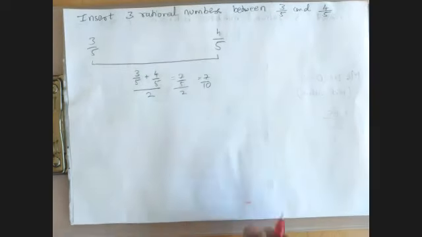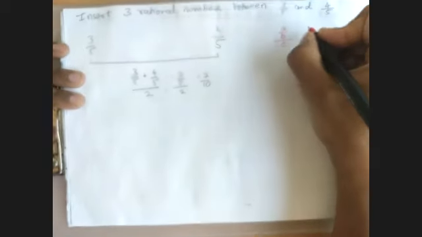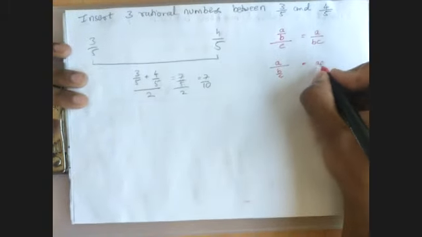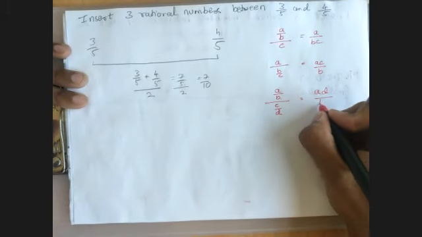So before proceeding, let us revise some basics. A by B divided by C is equal to A by BC. This goes here, this gets multiplied. If it is A divided by B by C, the denominator's denominator goes to the numerator. So it is AC by B. If it is A by B divided by C by D, the denominator's denominator goes to the numerator. This gets multiplied here. So it is AD divided by BC.